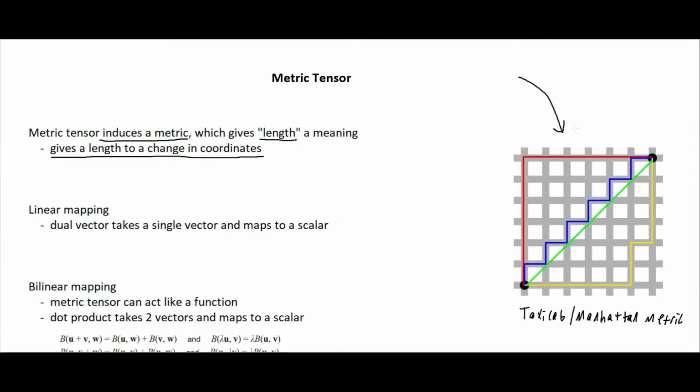That's essentially how far you had to drive to get from this point over to this point. If you take the red course, the blue course, or the yellow course, you're going to drive the same number of miles or blocks, the same distance, to get from point A to point B, where the green is the Euclidean metric,